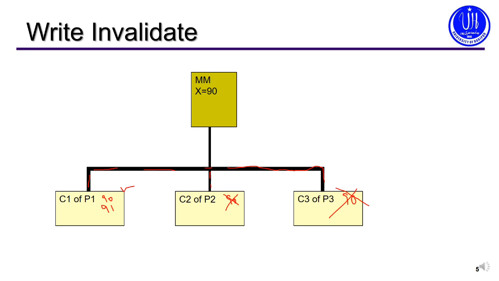So now it makes the changes to 92, to 93, and the final value is sent to the main memory. X is equal to 93 as well as to the parallel processors. Such type of writing policy is called write invalidate, write back,